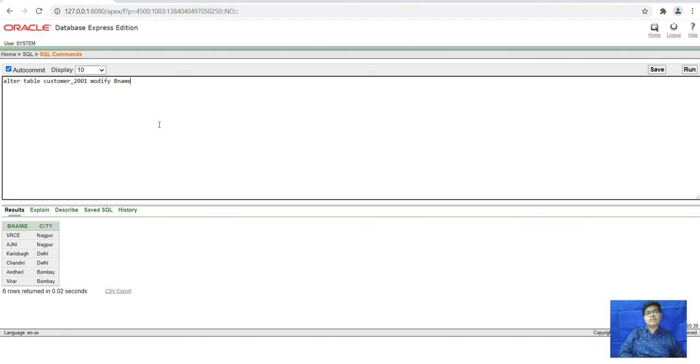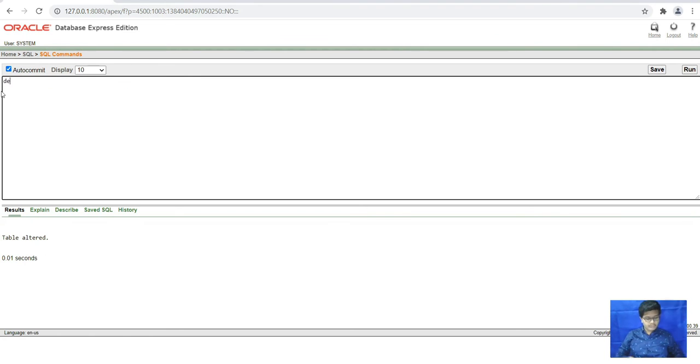Modify. Let's check C name. We will change this to 15. Now the table is altered.